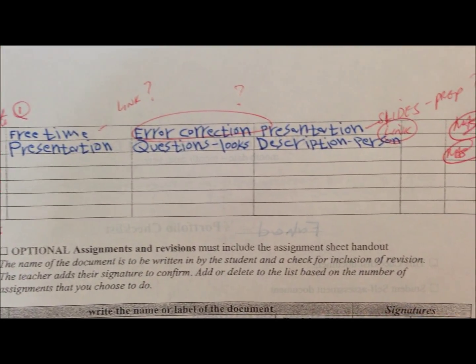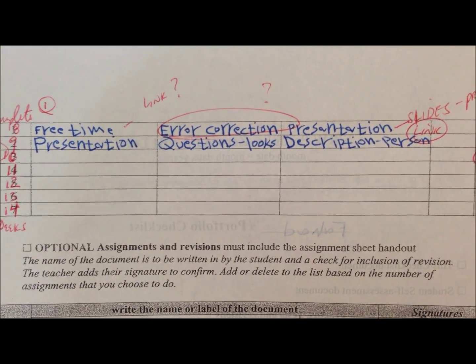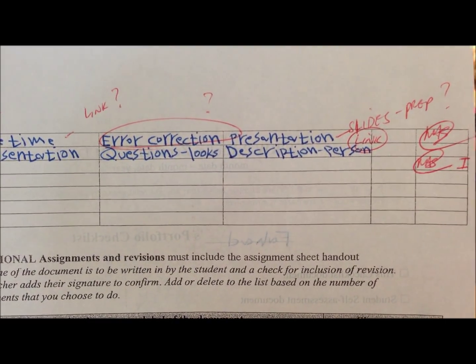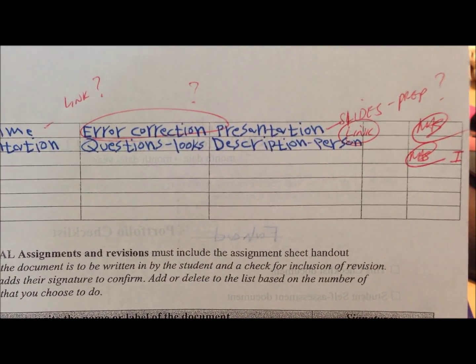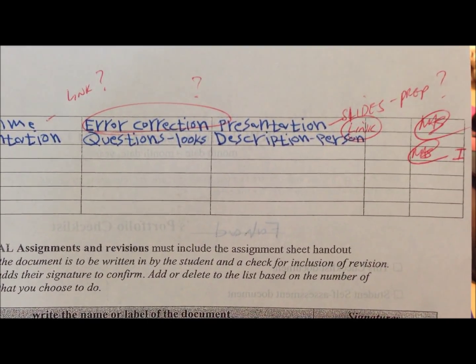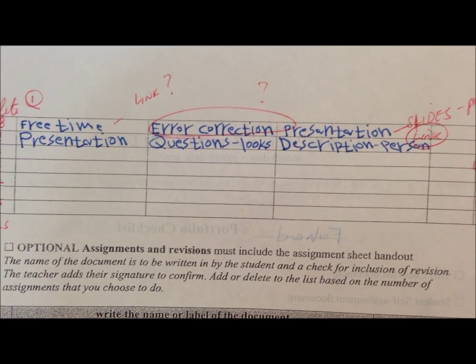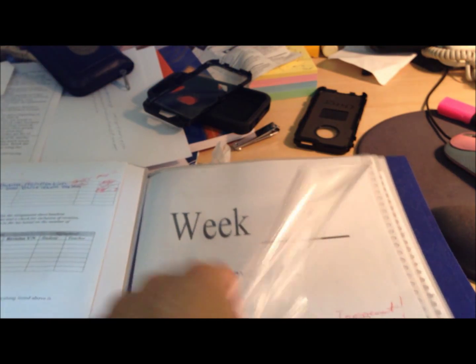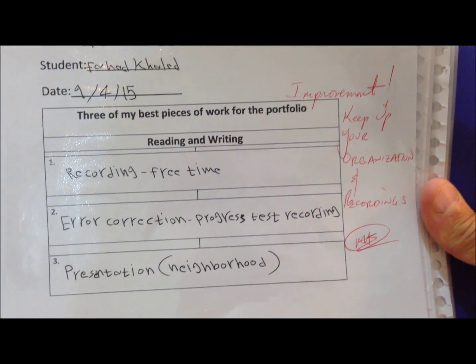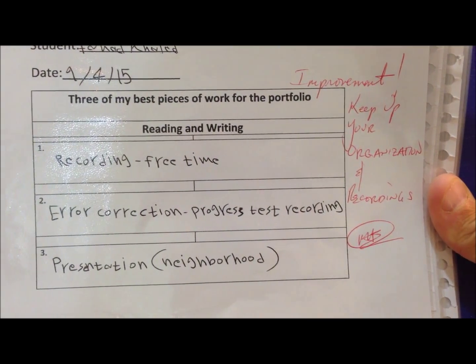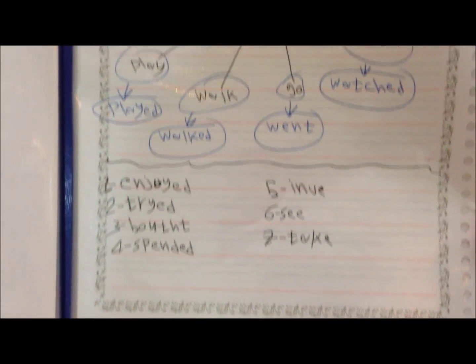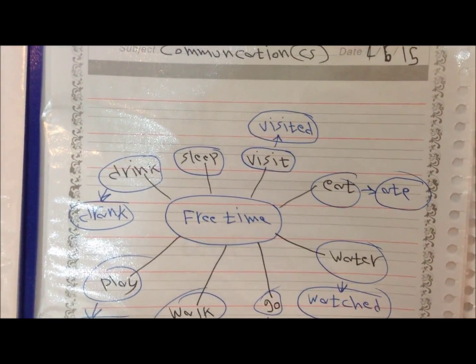I haven't seen anything for week 10 here in your portfolio, and we just saw a presentation from some of you that was really due on week 8 and as well as week 9, and people have just gotten around to that in week number 11. So we're saying here you are making some improvement, mashallah. You're starting to record on the first page here some of the things that we're supposed to be doing. So your organization is improving, and the fact that you are trying to do something is here.